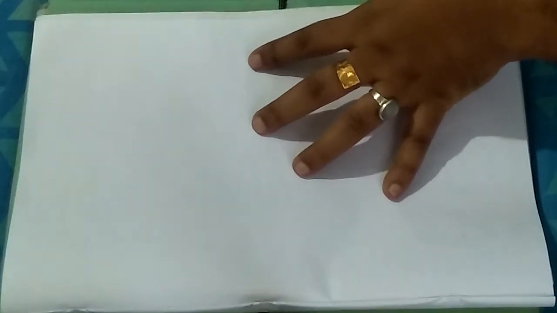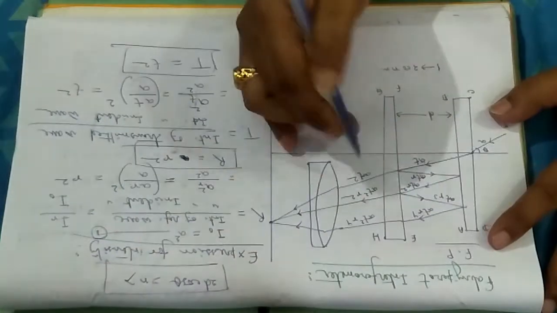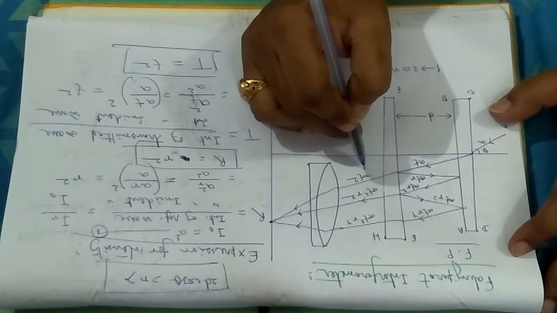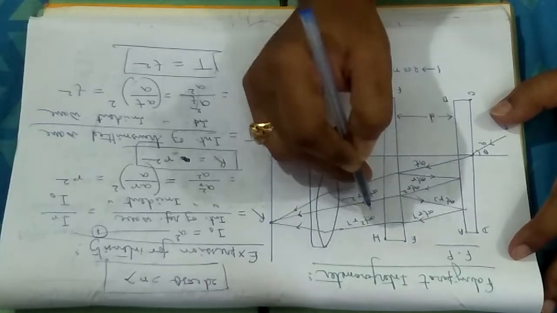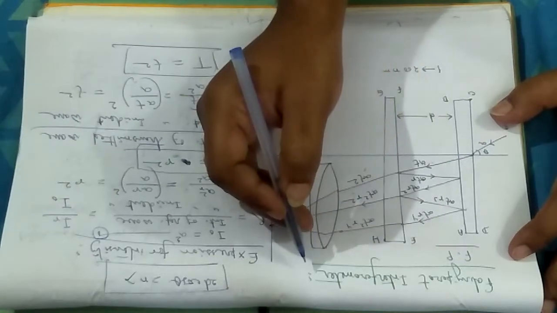Then let us calculate the intensity distribution pattern. How will you calculate it? This is very easy. You first calculate the disturbance at any particular point of superposition, then apply the conditions for interference. What we have seen in the previous figure is that the interfering rays have amplitudes AT squared, AT squared R squared, AT squared R to the power 4, and so on.